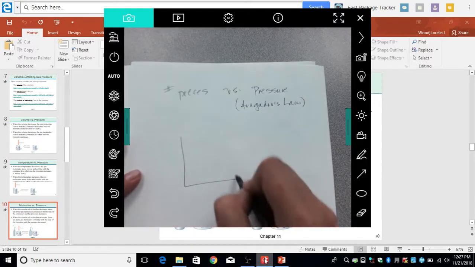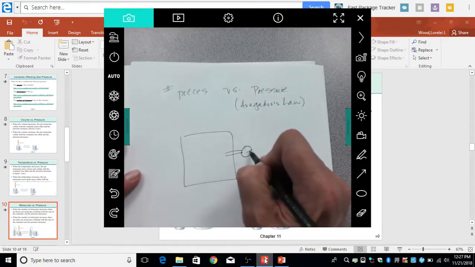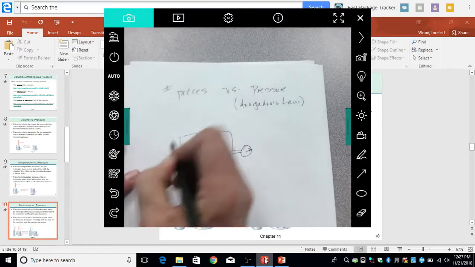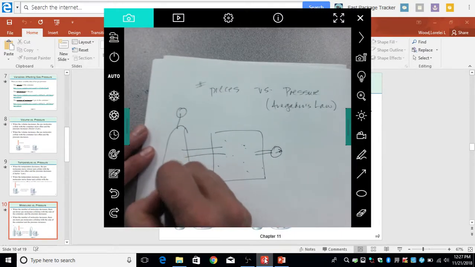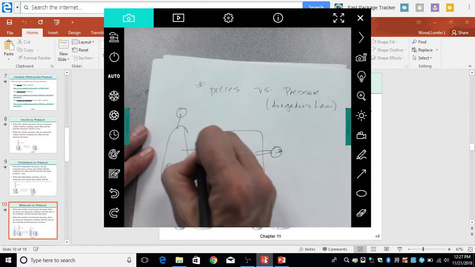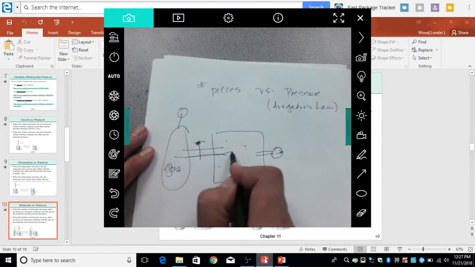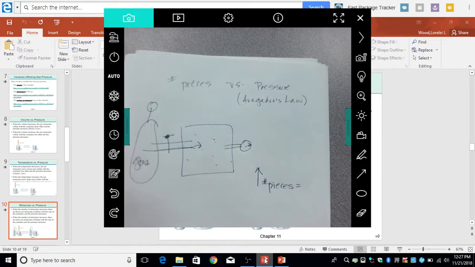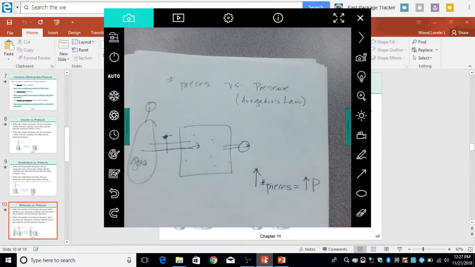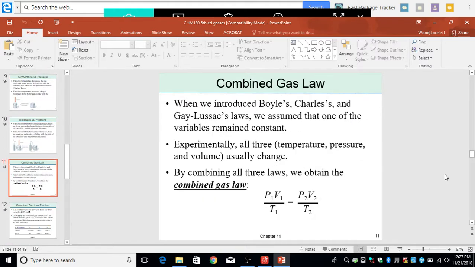Well, that makes sense, right? Now we have a container whose size does not change. It's got some gas molecules in it, but now over here, I have a big gas tank, right? There's my gas tank. And I have a stopcock here. And I'm going to open the stopcock, and I'm going to let more gas go in. So if I increase the number of pieces, what's that going to do to the pressure? Increase. Pressure's going to go up. So we call that what kind of relationship? Directly. See, this all makes a whole lot of sense, right? It all makes a whole lot of sense. We're going to talk about the combined gas law in just a minute.